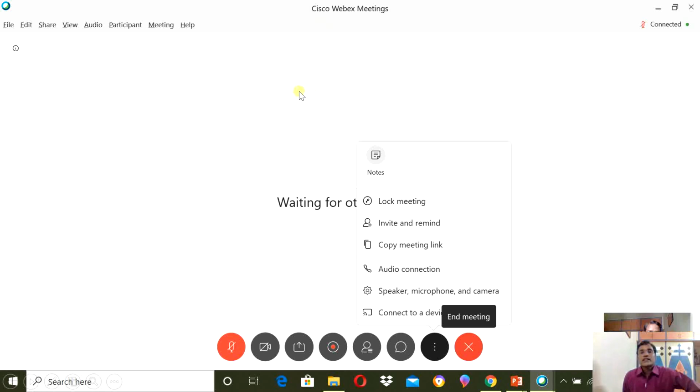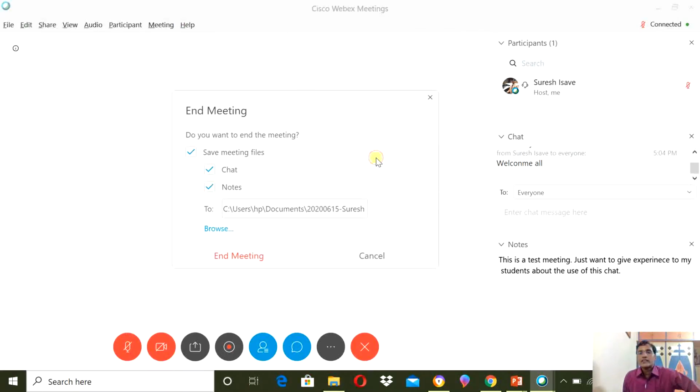Then after stopping the sharing, you are coming back over here. These options, the sharing, the recording, the participant, the chat, and then click on this more options. You know about the lock options and all these things. One of the important features is notes. Notes is nothing but a text message.